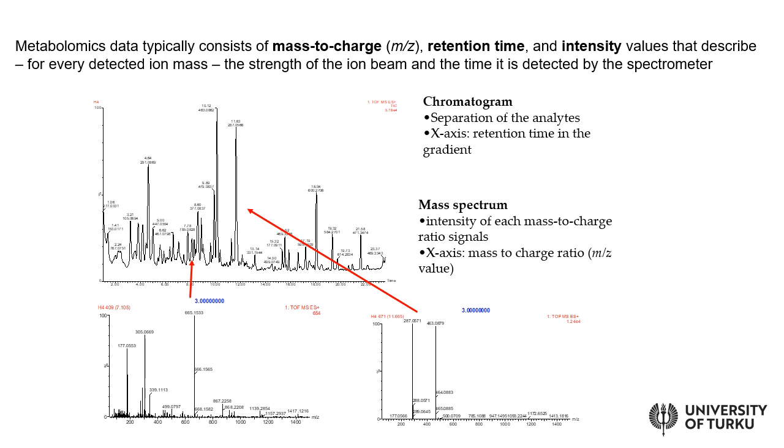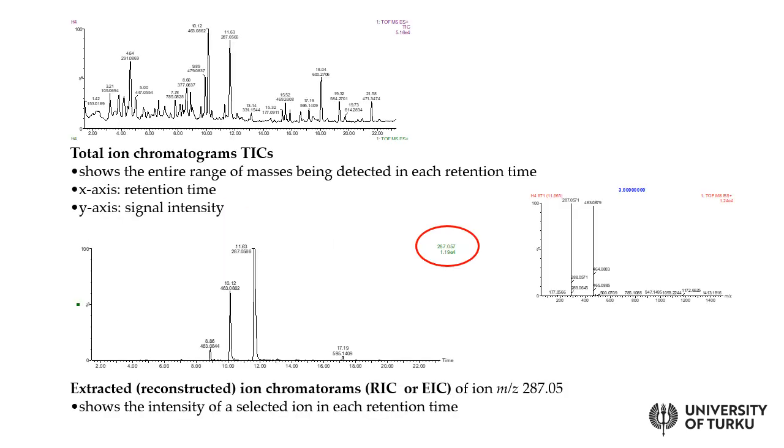Either the chromatogram level showing everything, or then on the spectral level looking at individual peaks. And also in the chromatogram level, you can either look at what we call total ion chromatogram, which is everything that is eluting, but in addition, once you have opened a particular peak or particular spectrum, like for example here is opened this particular retention time at one location of this chromatogram, you can take a single ion.